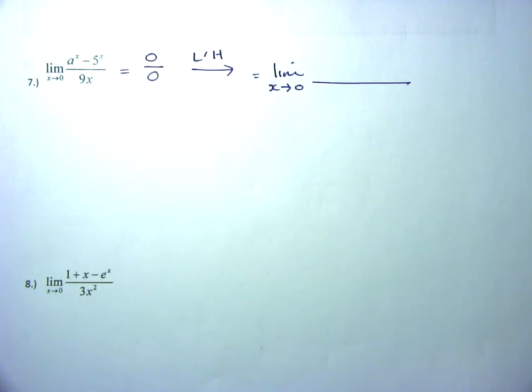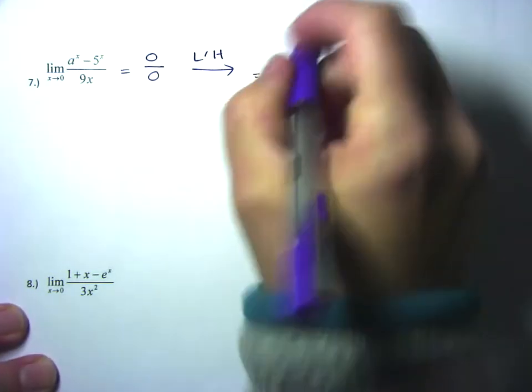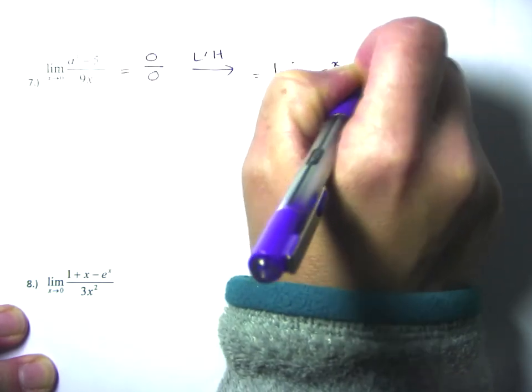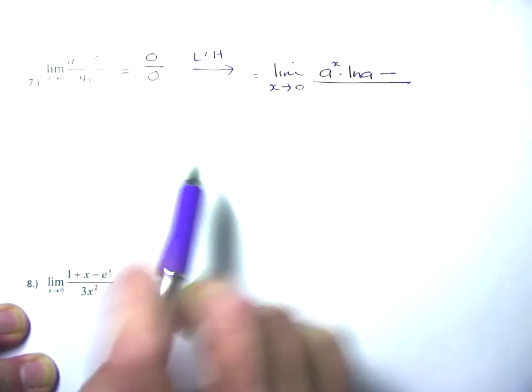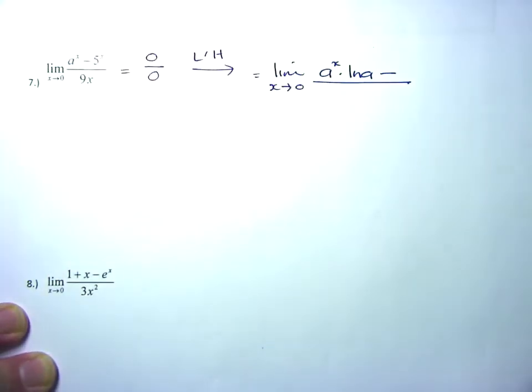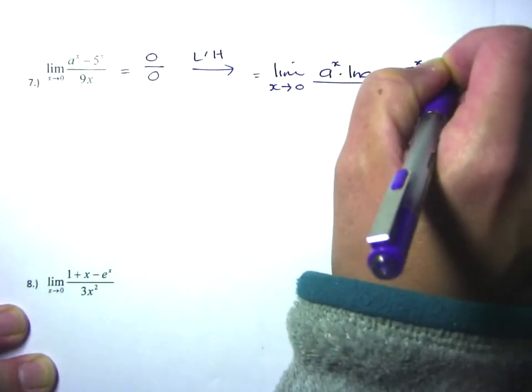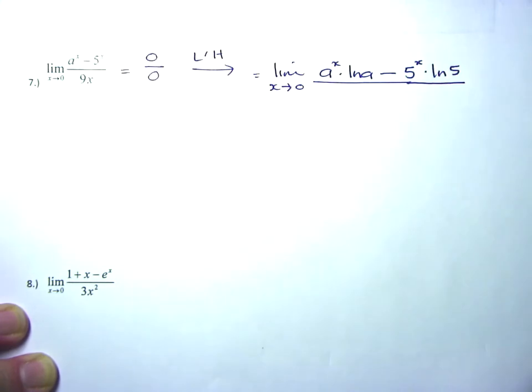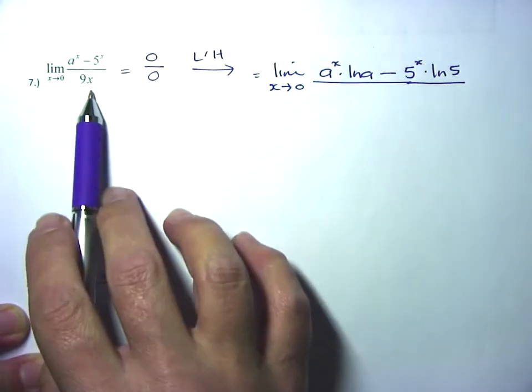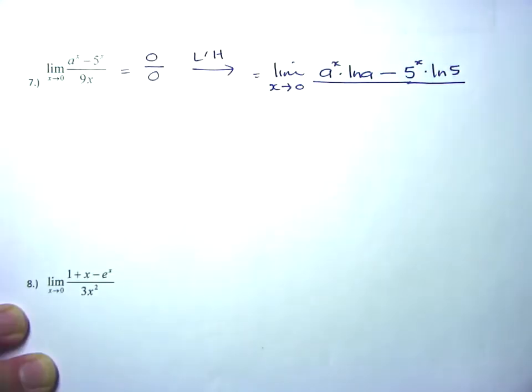The derivative of a to the power x is a to the power x times the natural log of a. Minus the derivative of 5 raised to the power x, which is 5 to the power x times the natural log of 5, all over the derivative of 9x, which is equal to